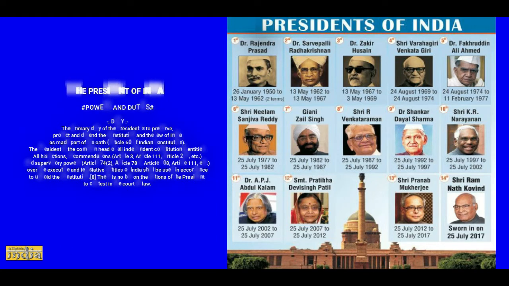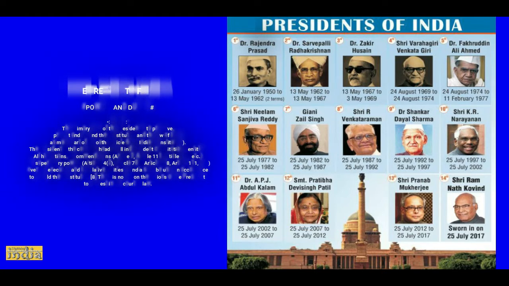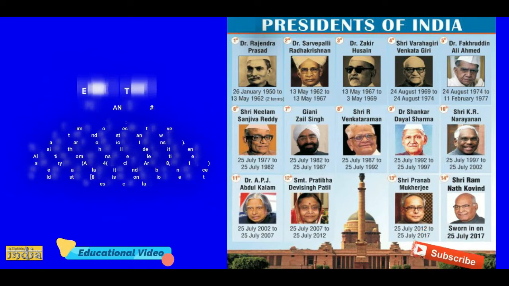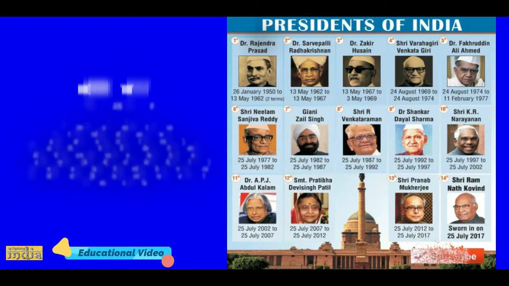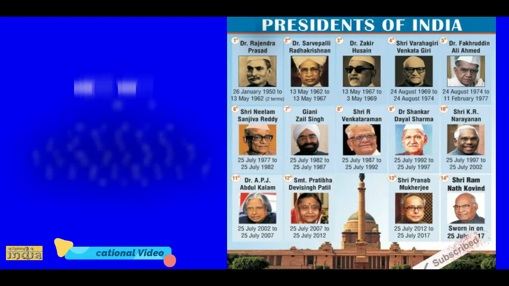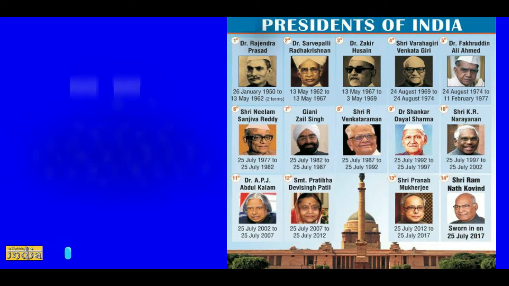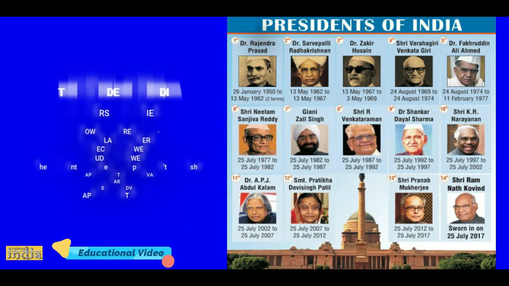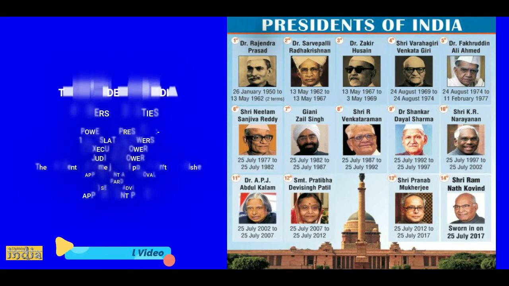Number 2. Executive powers. The President of India is the head of the executive of the Union government. Therefore, all executive powers are vested in the hands of the President. He can exercise these powers either directly or through the subordinate officers. According to the Constitution of India, all executive action is also taken in his name. The President appoints the governors of the states, the judges of the Supreme Court and High Courts of the states. The Prime Minister of India is appointed by the President. The President also appoints other ministers in consultation with the Prime Minister.